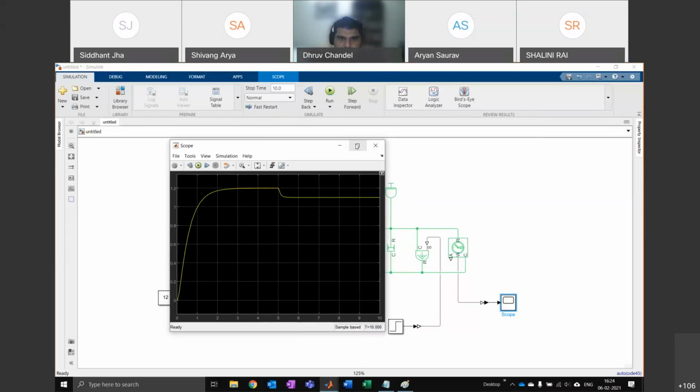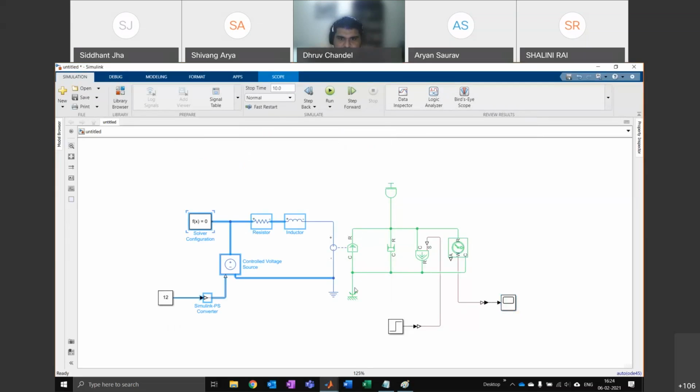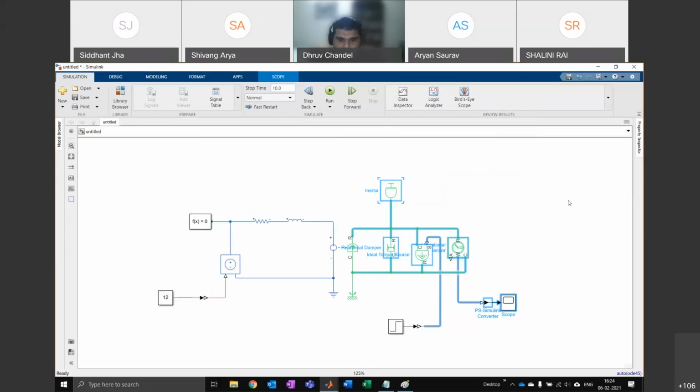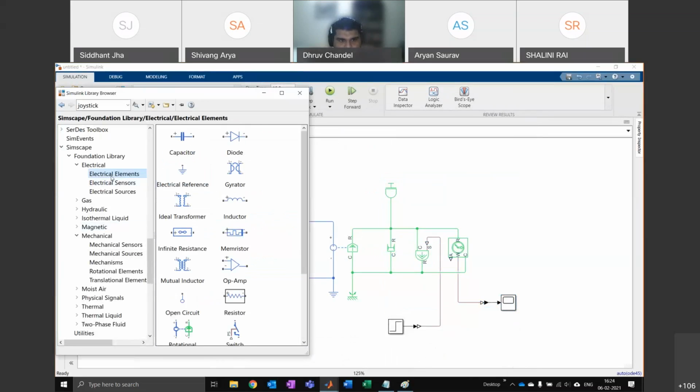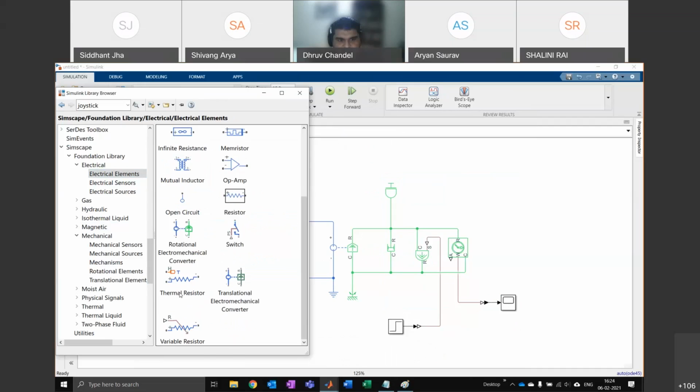Okay, so that's how basically in Simscape you can connect the electrical components to the mechanical components. And you can do a lot more than that as well. So if you go and look in electrical elements, you will see connections to the thermal library as well. You can have a thermal resistor. And along with rotational mechanical, you can have translational mechanical, which moves backwards and forwards.